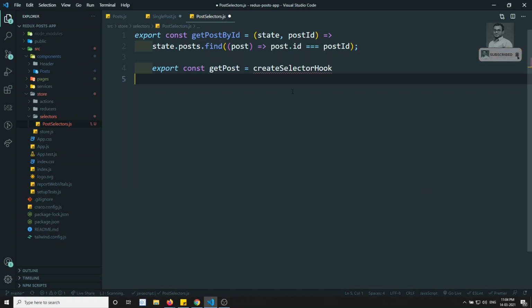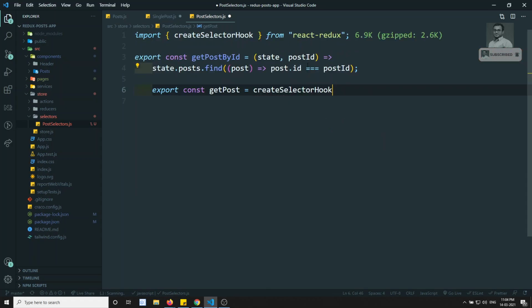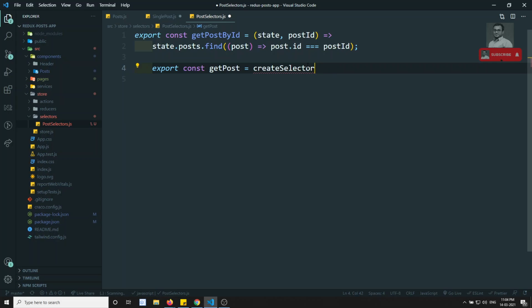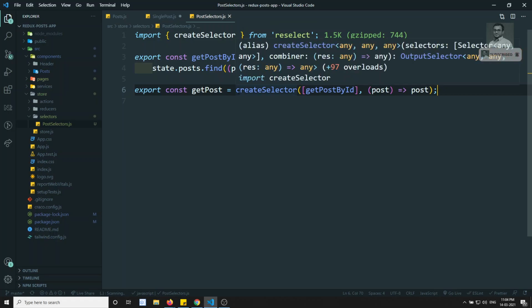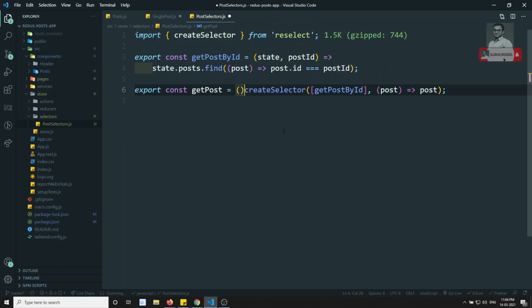Now let's use createSelector. Here you need to add the input selectors, that is nothing but getPostById, and here you will be having the post, and let's return the post. That's it. So this is the getPost, and now this one we are using as a props, right? So let's declare this one as a method.